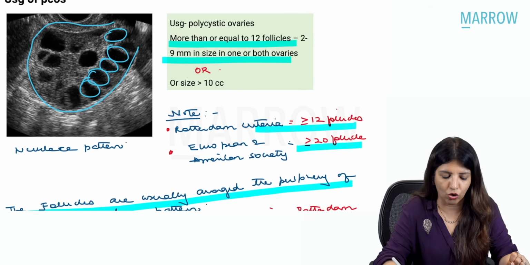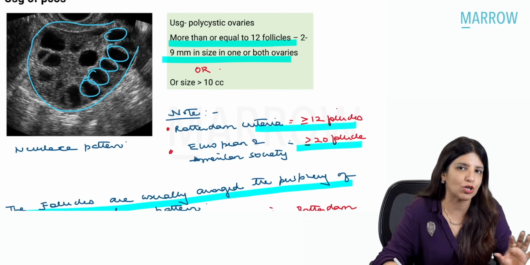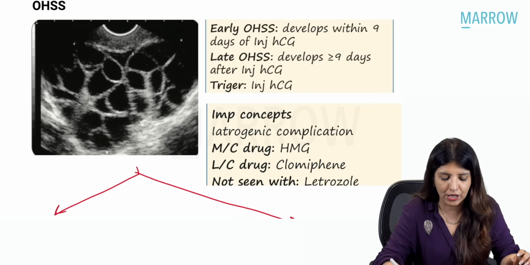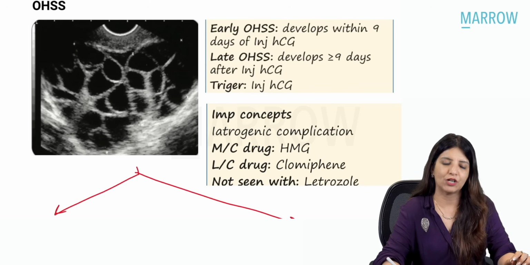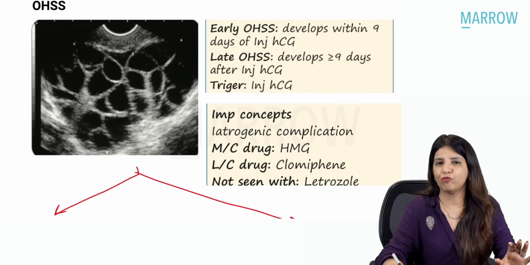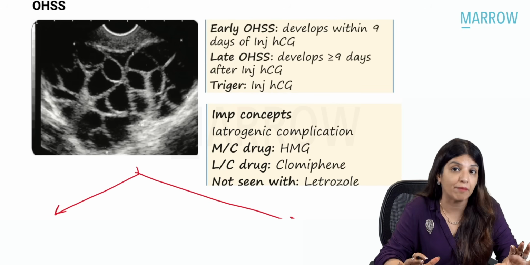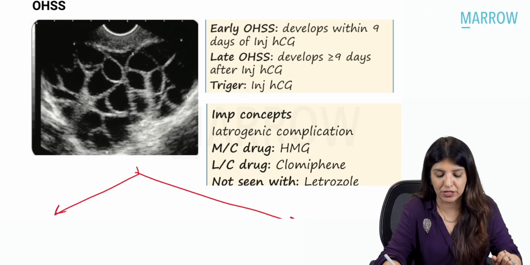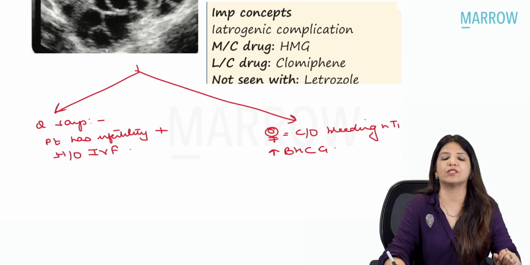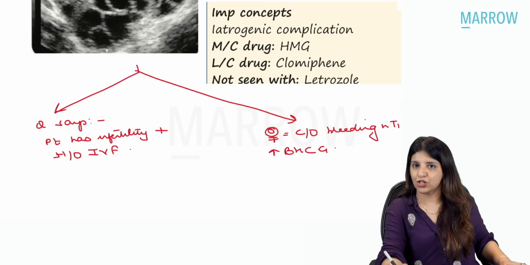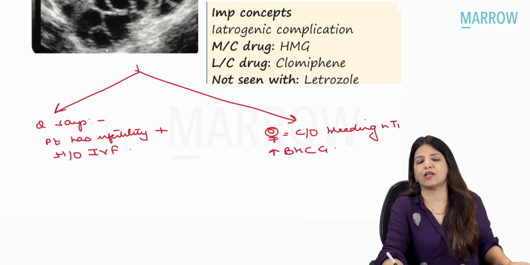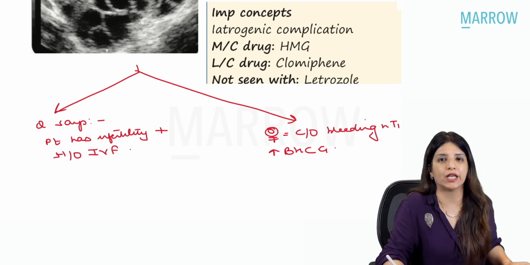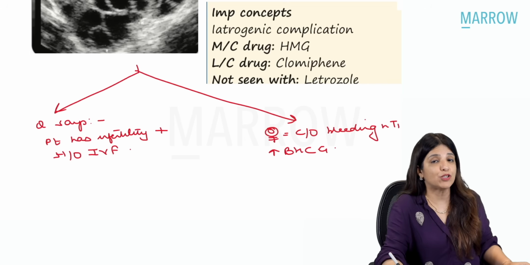Right, so I want all of you to see this ultrasound. This is an extremely important ultrasound. This ultrasound should be compared to this ultrasound. If you are getting follicles which are more in number and they are big in size, then that is not PCOS. Then either that is a case of ovarian hyperstimulation syndrome, or it is a case of theca lutein cyst in the ovary. Right, please remember,